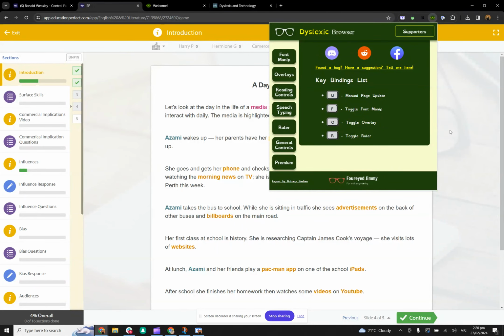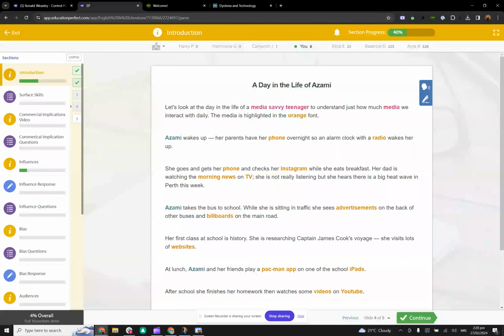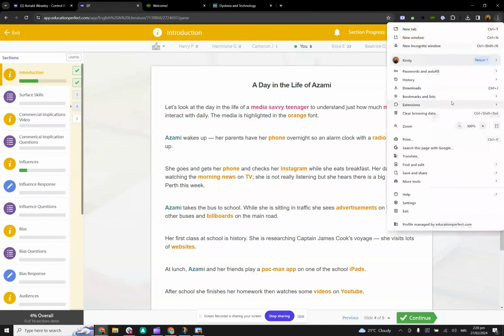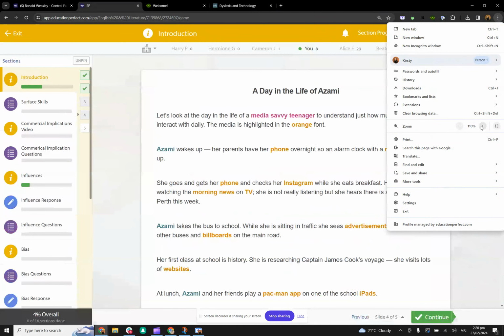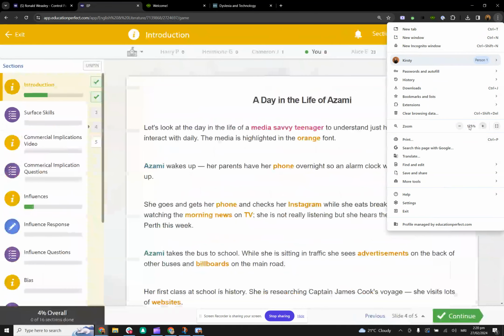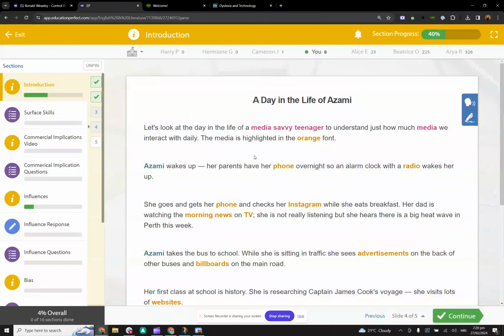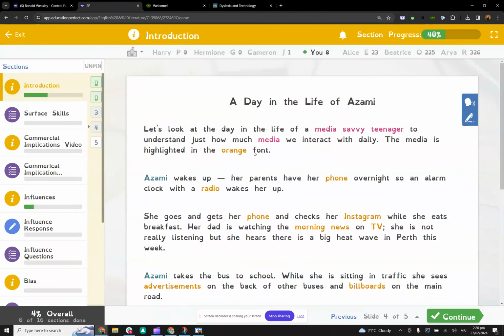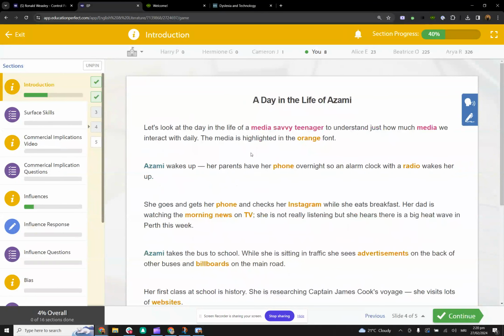Let's take a look how this comes across on a full text page on EP. So within here, as soon as I want to change the size, I can first of all zoom my page. So let's zoom it in a little bit. And then let's change the font. So I'm going to press F. This will update the font to the settings that I have, which is that dyslexic font,